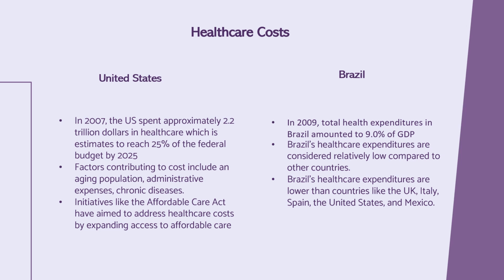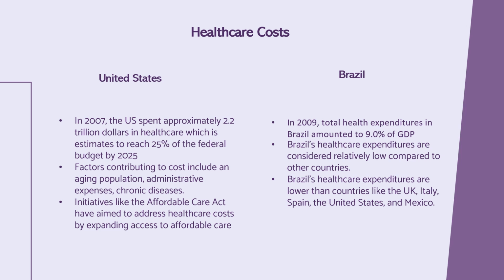Several factors contribute to the escalating healthcare costs in the U.S., including advances in medical technology, an aging population, administrative expenses, and the prevalence of chronic diseases. The increase in healthcare costs have implications for individuals and families, particularly those who are uninsured or underinsured. They can lead to financial strain, limited access to care, and disparities in health outcomes.